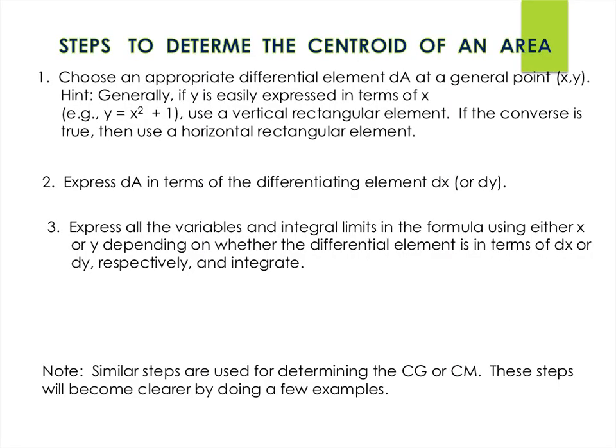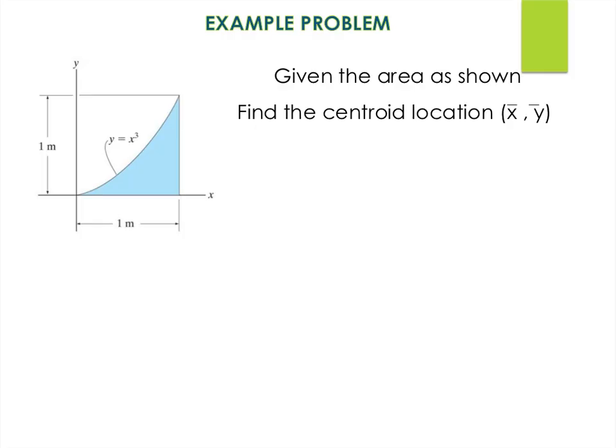So basically, there are steps that we do. Let's just look at this particular example. If we wanted to find the x-centroid of this blue area, it says we're taking x tilde dA over dA. That means that all the area, like if I take a strip like this, would have the same x value. Then we'd have to write this all in terms of the same variable and then integrate over the appropriate limits. If we wanted to do the y-centroid,